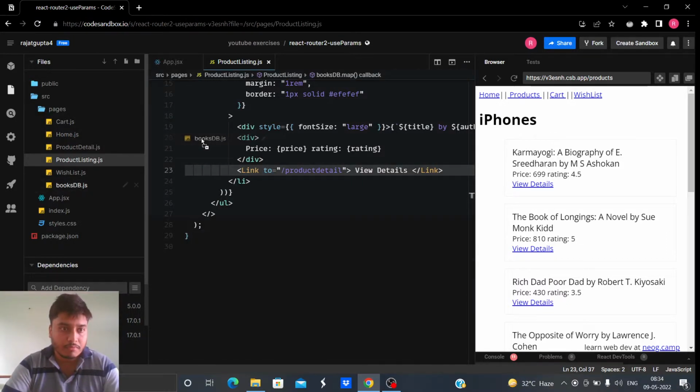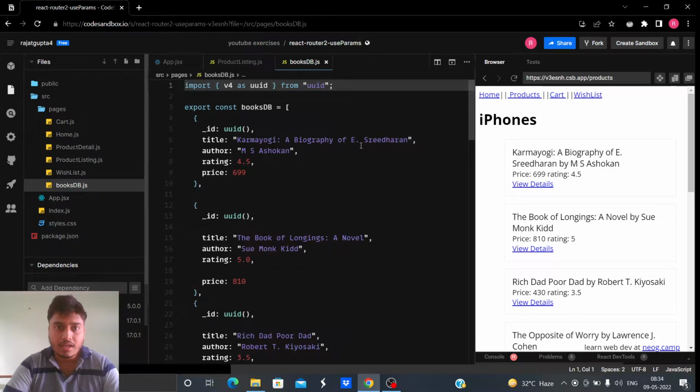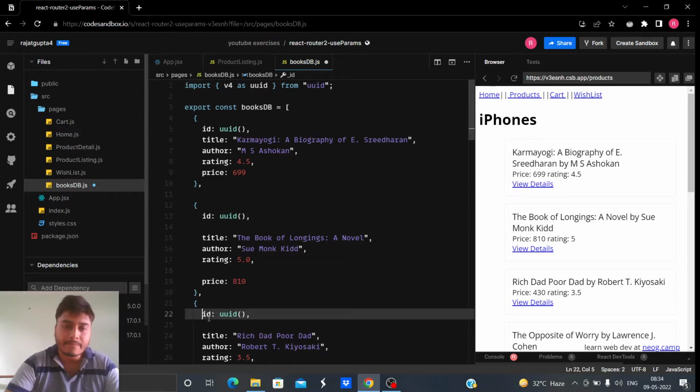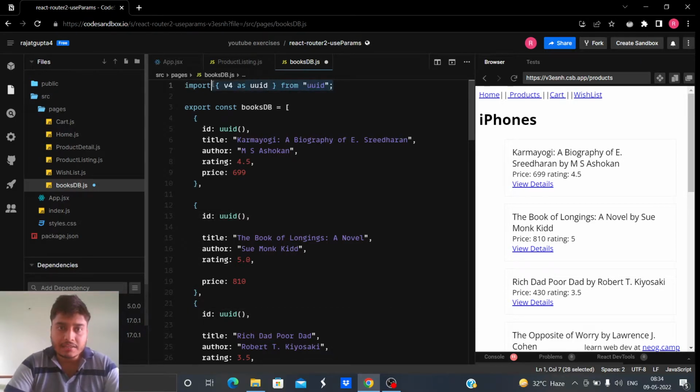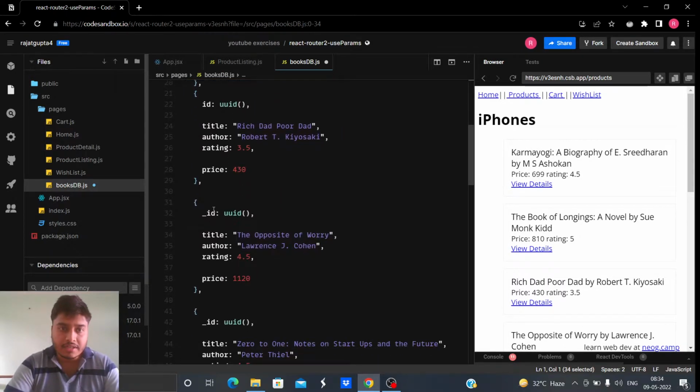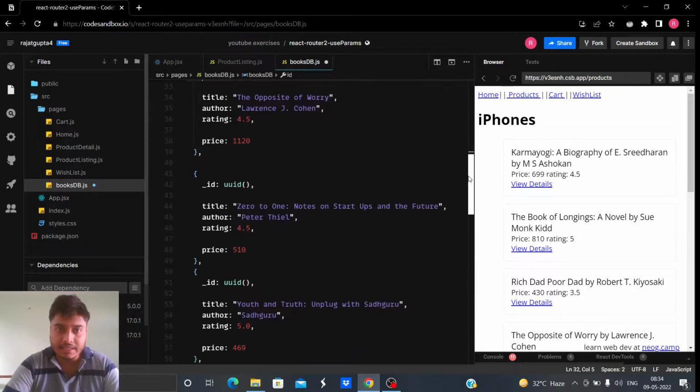Let me show you the books database. Here you can see we have an ID. I made this ID by using UUID, but since you are a front-end developer, the back-end team should provide this database, and hence this ID for each product should be provided by the back-end team.